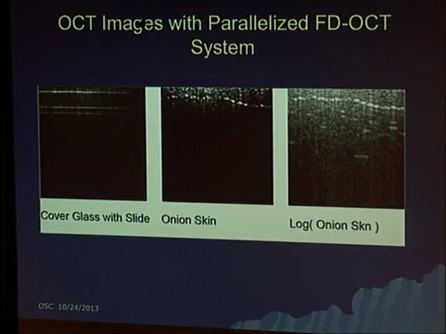It's dispersed in one direction in the sigma or wave number space and spatial in this other direction here. So what's on the camera after you take a Fourier transform in the vertical direction is an OCT image. No moving parts. Nothing has to scan. And you can read this out as fast as your camera can go. So it looks great. It produces what you'd expect in terms of at least seeing some highly reflective objects. You start going to biological or less reflective samples, you see there are some problems. It works, but signals drop off very rapidly.